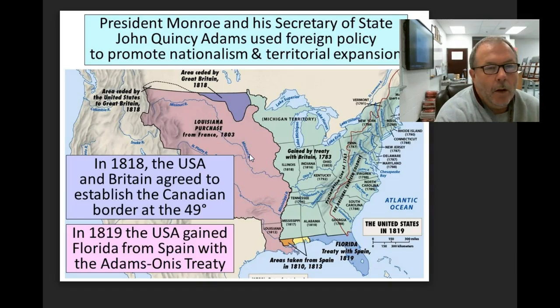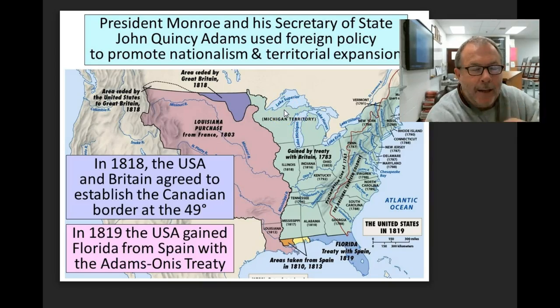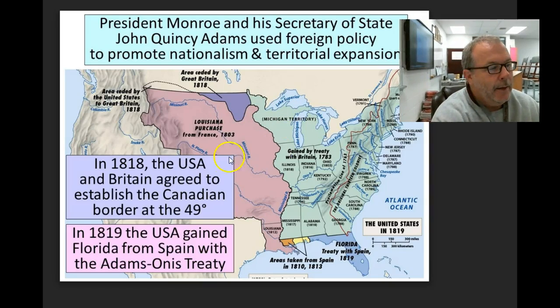And we purchased Florida under the Adams-Onis Treaty. There was a treaty called the Rush-Bagot Treaty up in the north that demilitarized the Great Lakes between British Canada and the United States. And there's John Quincy Adams negotiating the